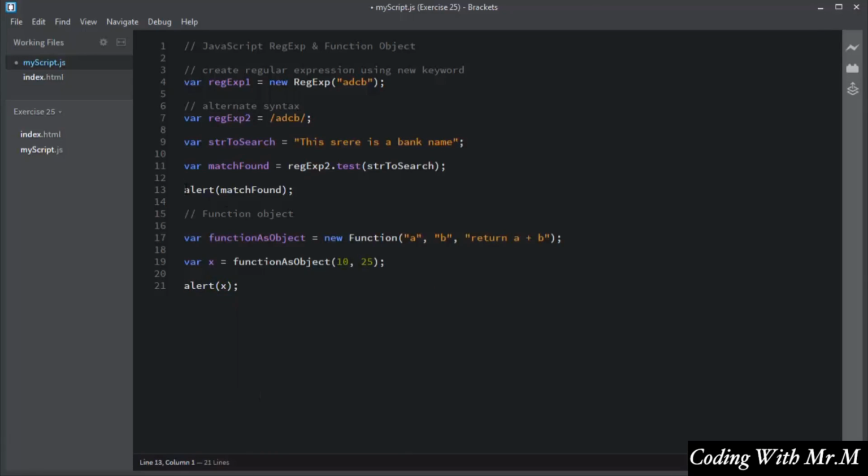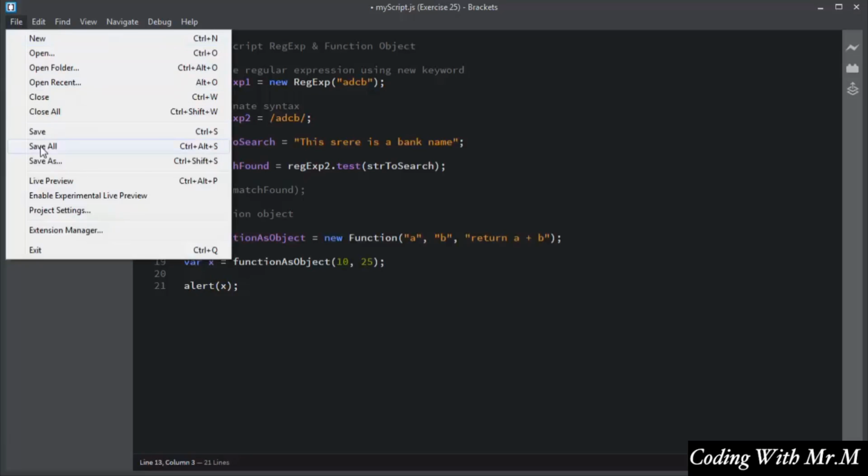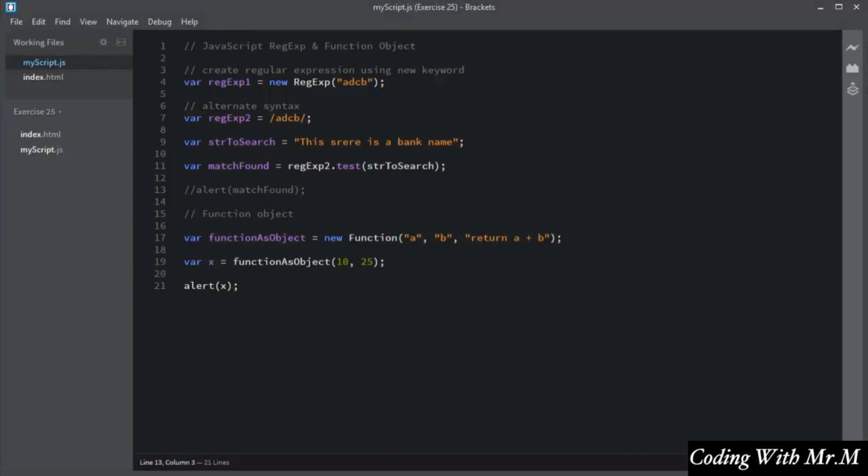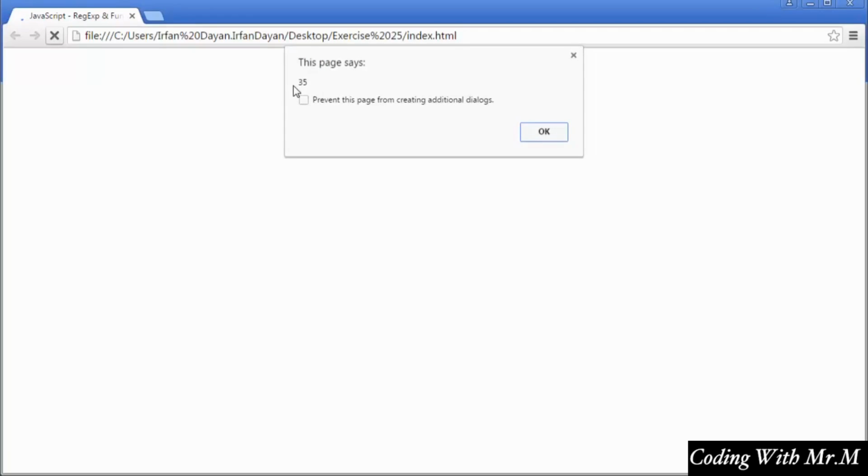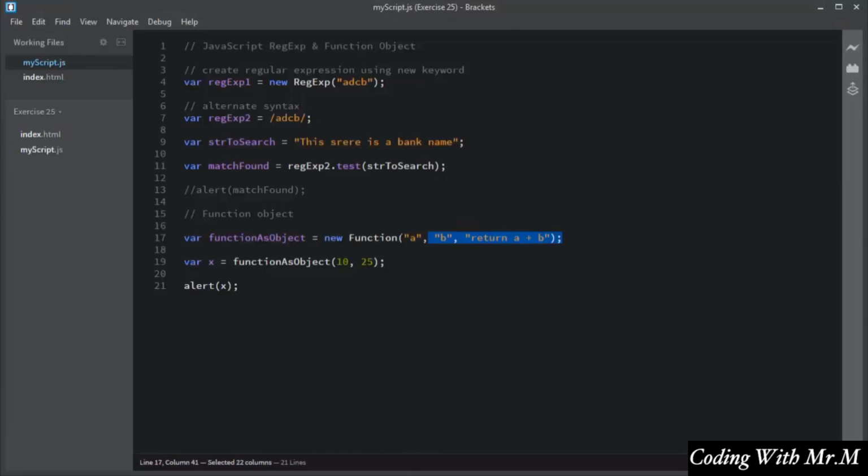I will comment out this line. I'll save this script. I'll refresh the browser, so you can see it returns the arithmetic addition of A and B. So this way you can also create a function using the new keyword, but you don't have to